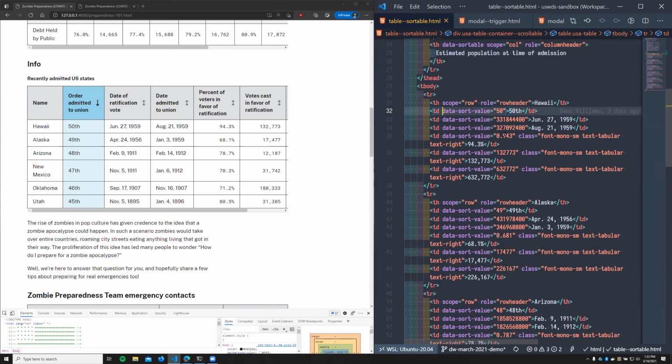So if there's some content that is not a straight up integer, if it's an ordinal, like 50th, or if it's a date, or if it has a % sign in it, or commas, or currency characters in it, then it can't sort natively. Each thing needs a data sort